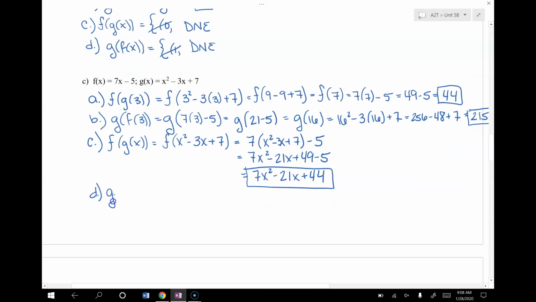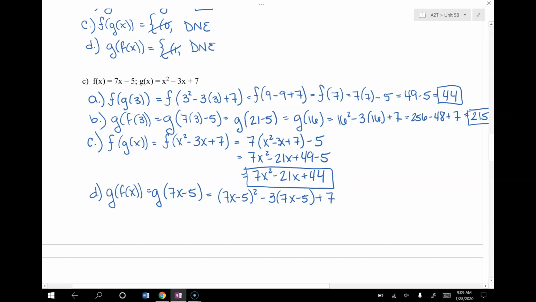All right, last but not least, D. We are going to take G and evaluate it for f of x. So g of 7x minus 5. And we have 2 different x's in g of x, so we're going to substitute it in twice. We get 7x minus 5 squared minus 3 times 7x minus 5. You substitute it in for all x's because you're evaluating just like you would with a